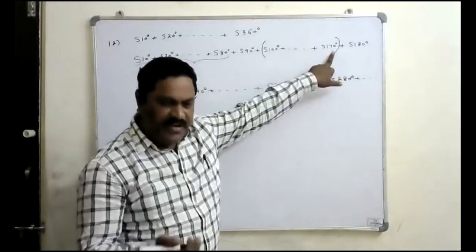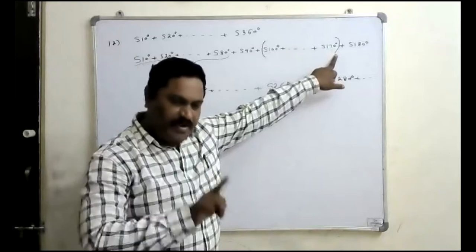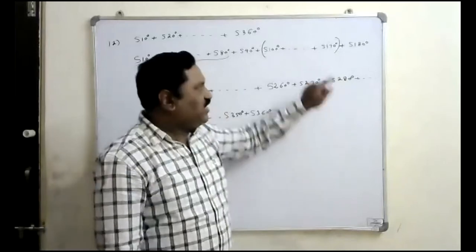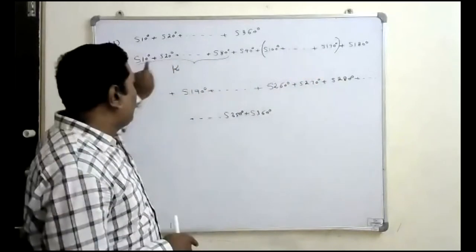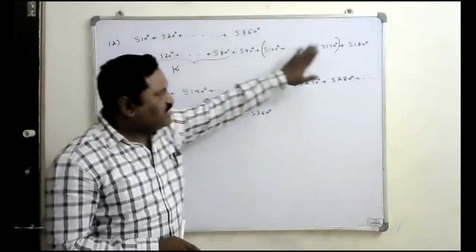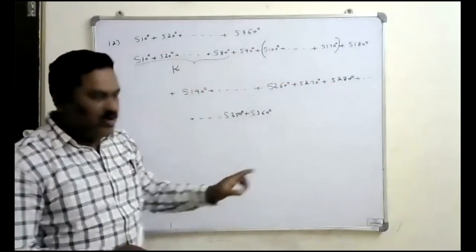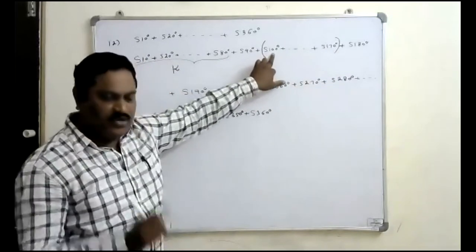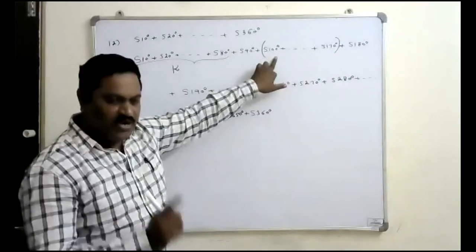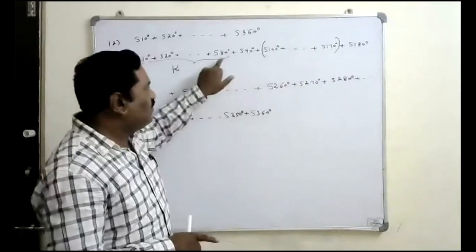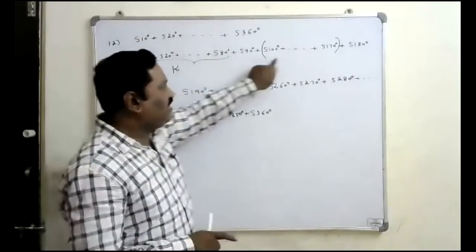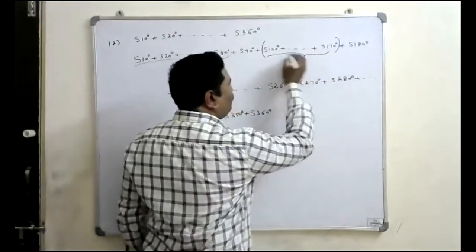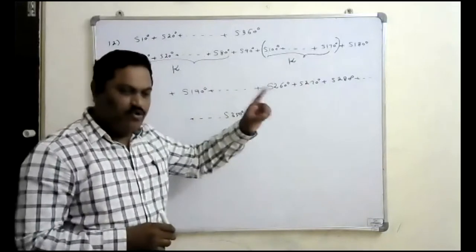How do you write 170? You can write 180 minus 10. 180 minus 10 is an angle of the second quadrant, where sine is positive. So that is also equivalent to sine 10. Means the same angle we got again. Sine 170 and sine 10 are both equal. Like that, if all these angles go on simplifying, lastly you can also write 180 minus 80, and sine of 180 minus 80 is sine 80. Again the same values we are getting here. That's why this value is also equivalent to k.